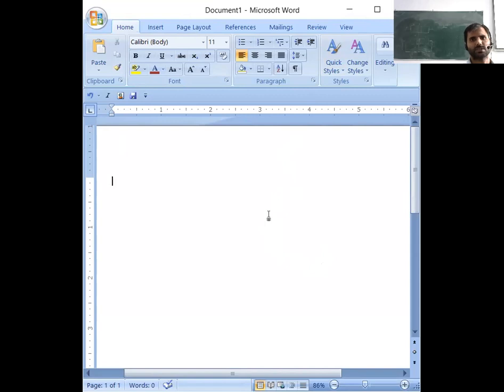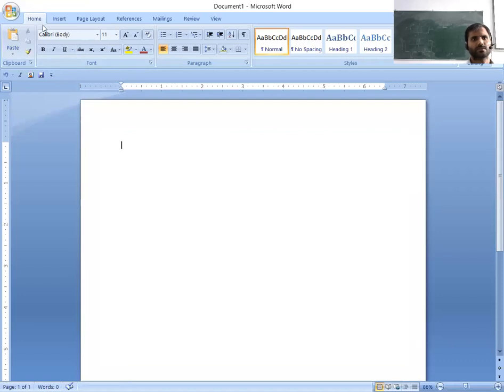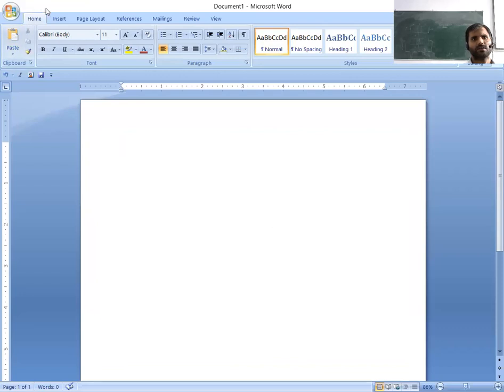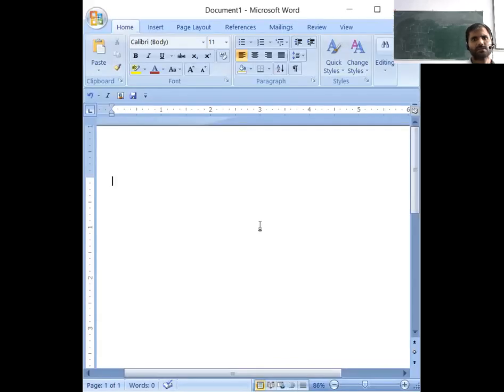The leftmost text is the file name, and the rightmost text, separated with a dash, is the application name. That is the title bar. At the title bar, you can see the file name and application.